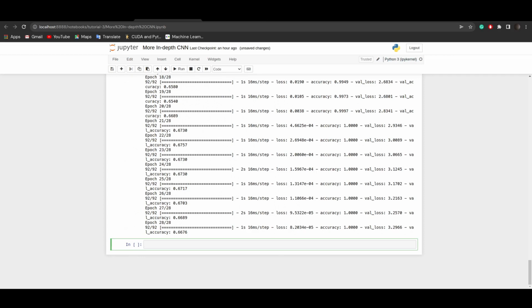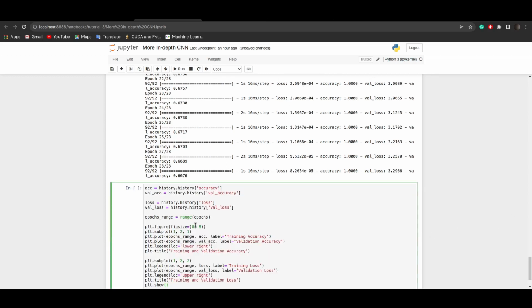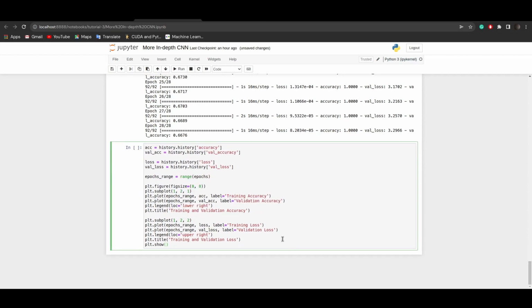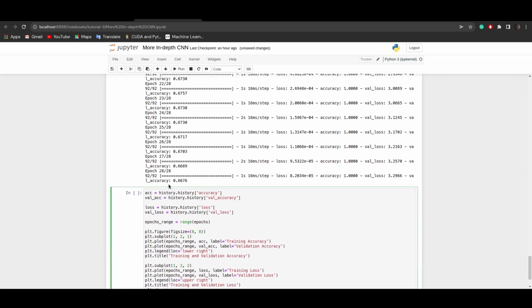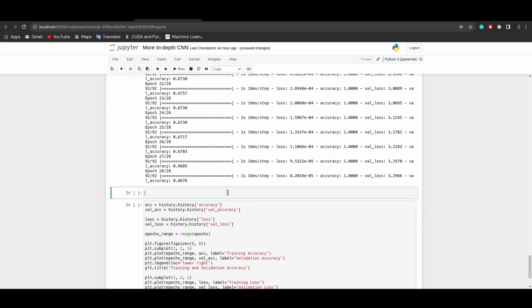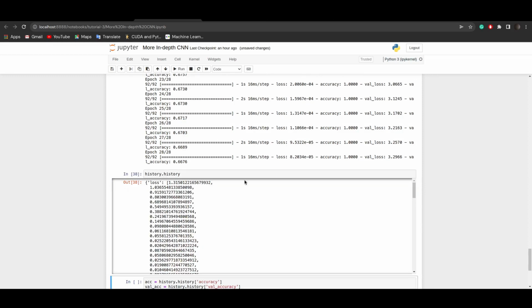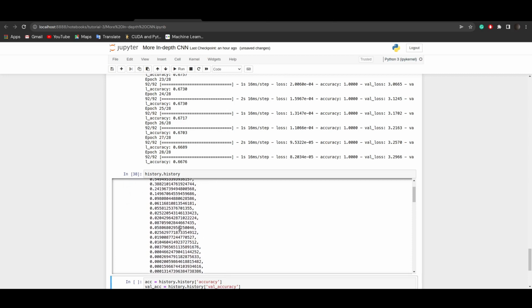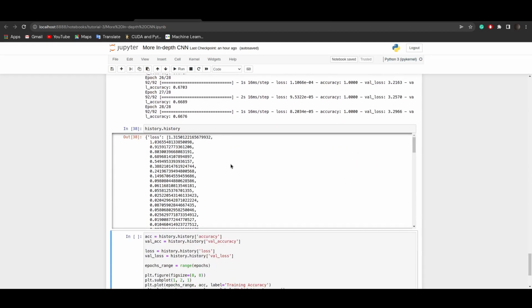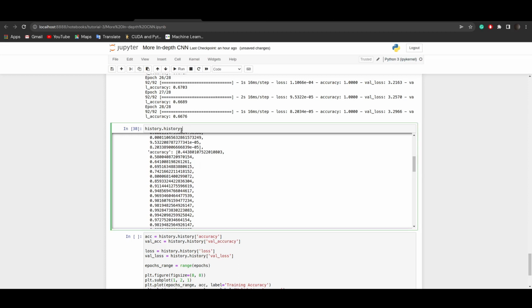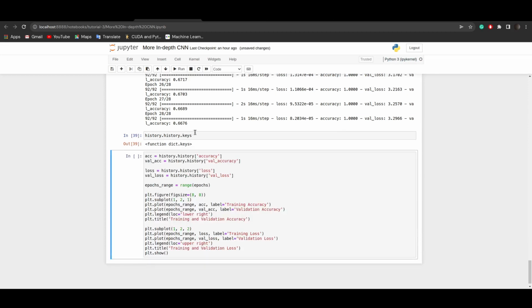All right, so it's a bit of code. I'll just copy paste that code because I don't want to waste too much time, but I will walk through the code. So history.history is basically a dictionary which contains different keys. So if I say dot keys, oops,